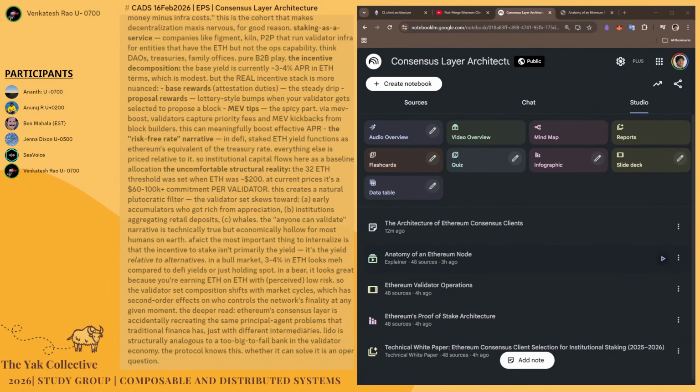Then I asked about how EL and CL interact through the engine API and learned a couple of things there. And finally, I asked about Justin Drake's new proposals for Beam Chain and what that would involve. And it looks like it solves for two things. One is it lowers the stake to 1 ETH by primarily using ZK, because ZK based verifications are very much cheaper. That apparently drops the staking price down to 1 ETH.